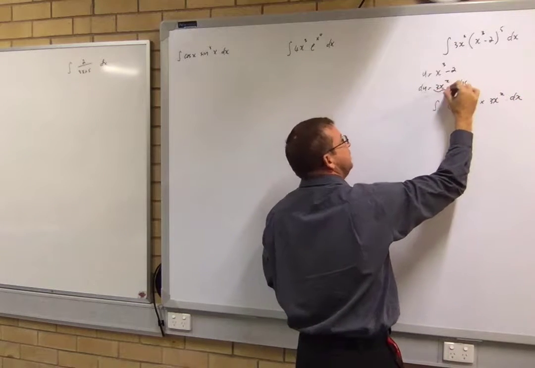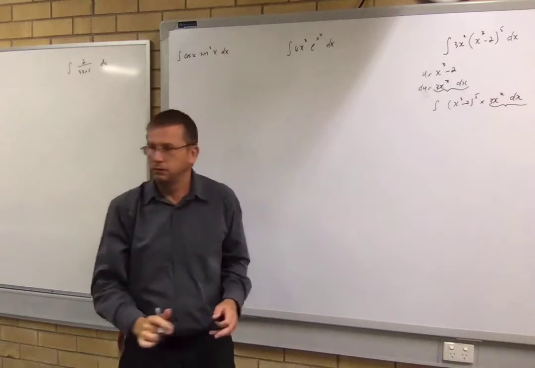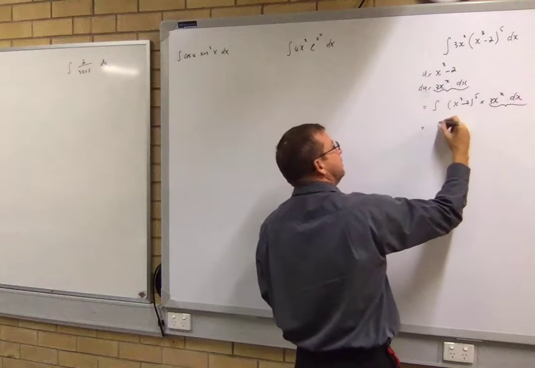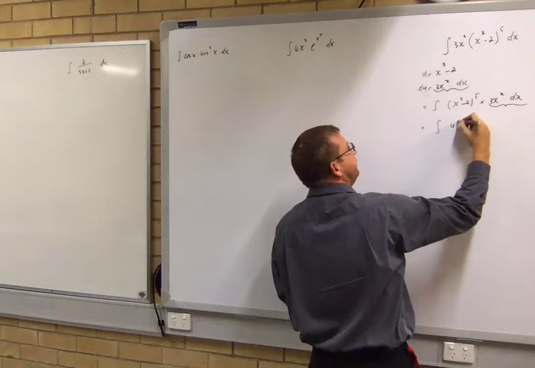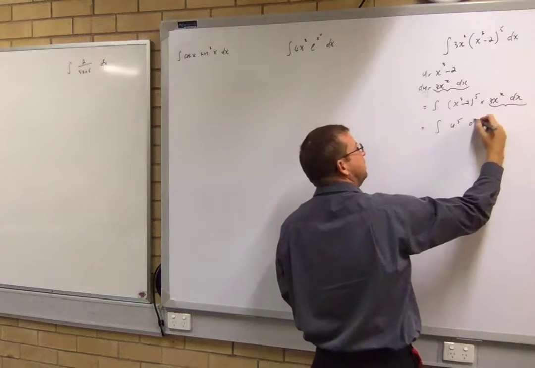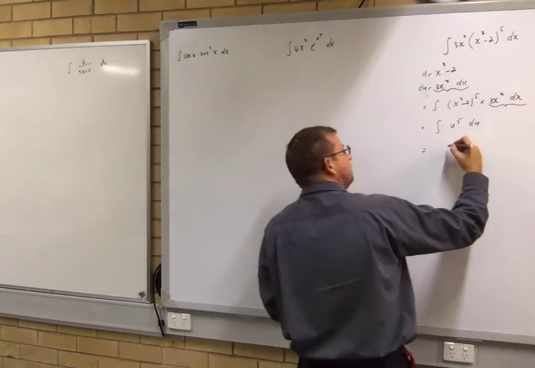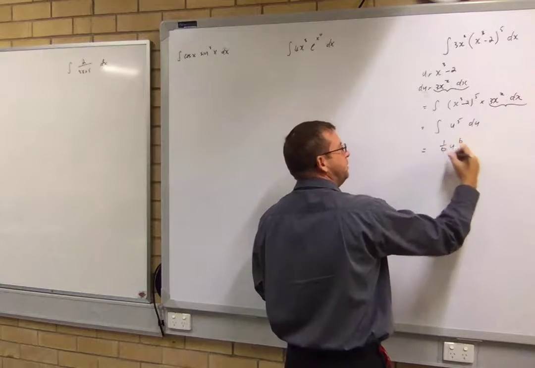So you can see exactly what we're going to swap over. So that's just rewriting. Then I'm going to substitute. That's going to be u to the fifth, and that's going to be du, which is going to be